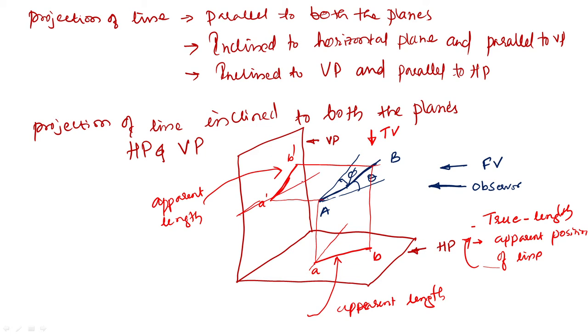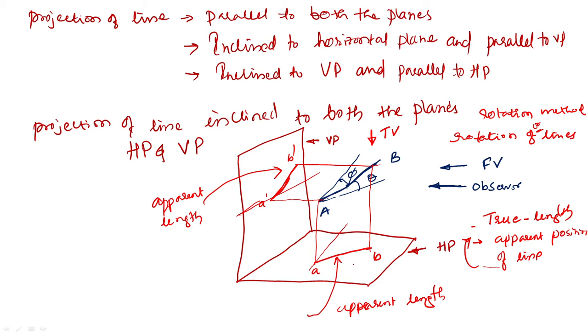Okay. Now with respect to this one, you need to draw either the true length of the line or the apparent length of the line. Okay. Now how are you going to solve it? You need to go for rotation of lines, or the rotation method. Now you look out for the true shape as well as the apparent shape for front view and top view.